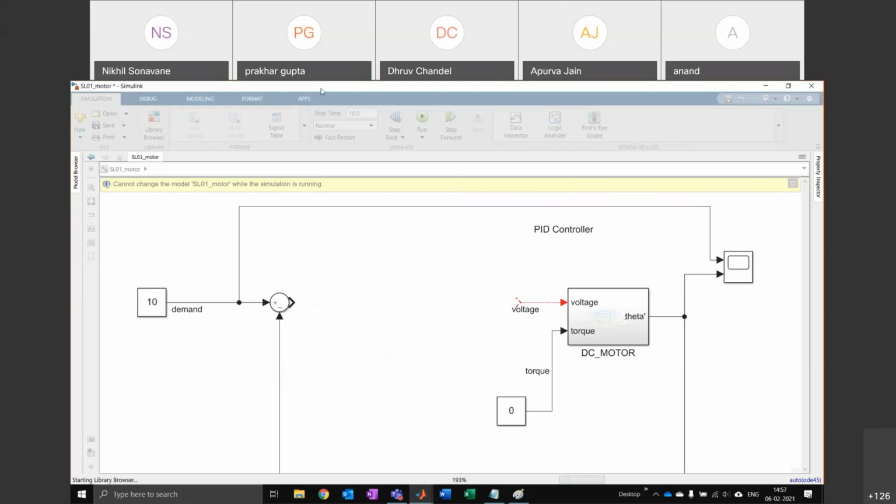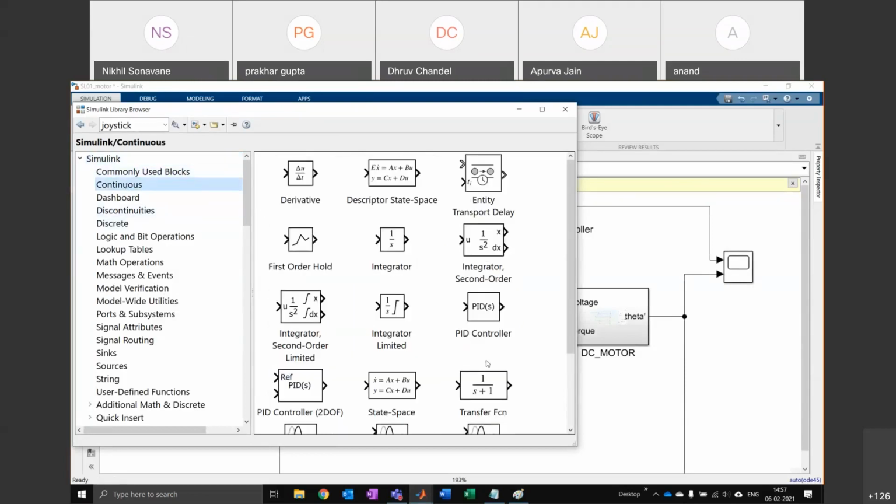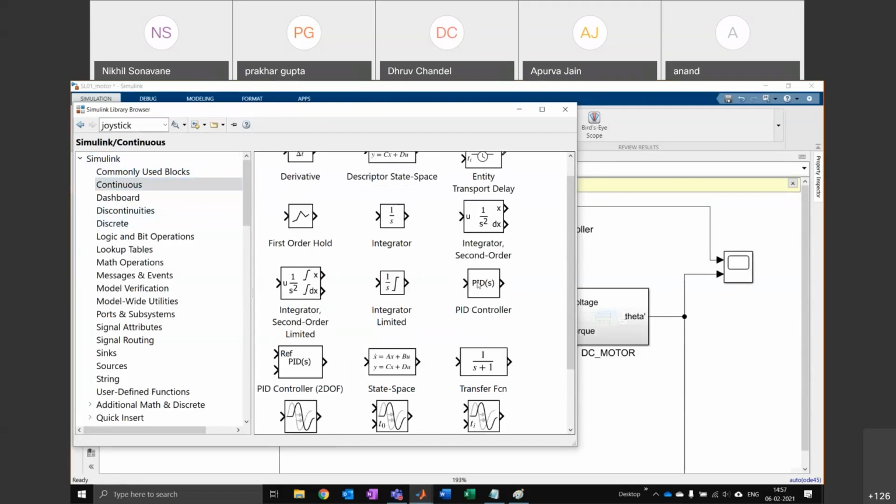Okay, my software is stuck. Right, so you go to Simulink, continuous library, and you find this block, the PID controller. Okay, PID controller in the continuous library, and you just drag it out.